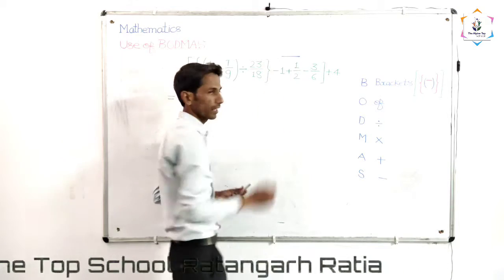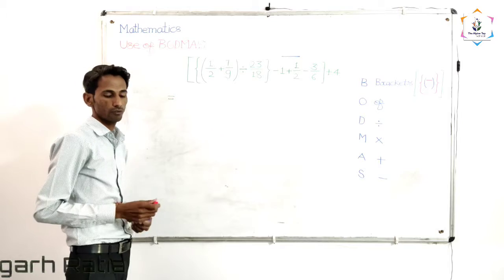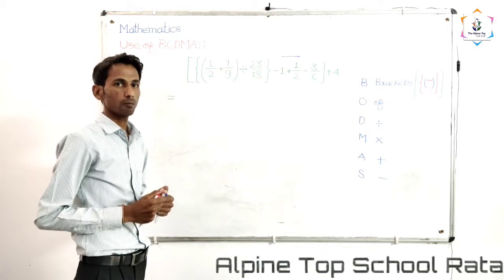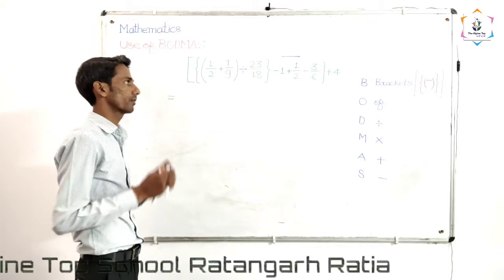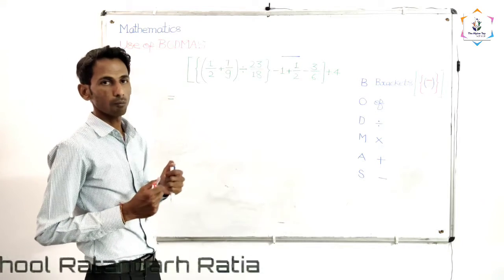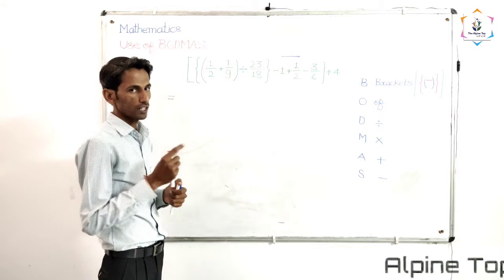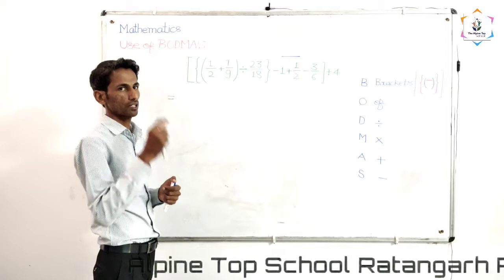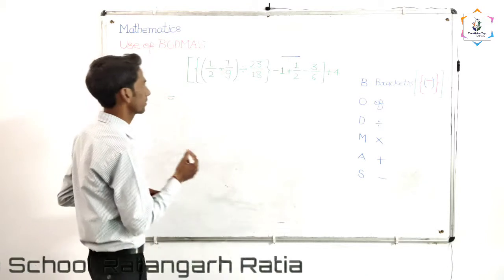During that calculation, we cannot use this negative sign with 1 because this negative sign is not under the line bracket. Now dear students, let's see how we can solve this type of problem based on the BODMAS system. Only one thing we have to keep in our mind whenever we implement the BODMAS system in a mathematical problem: in one step you have to solve only one pattern and one particular symbol. Okay, see carefully. We are going to start.